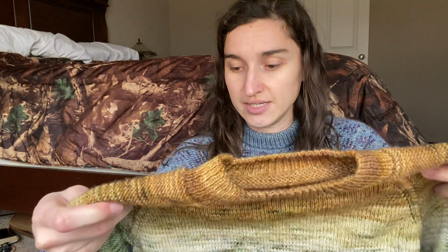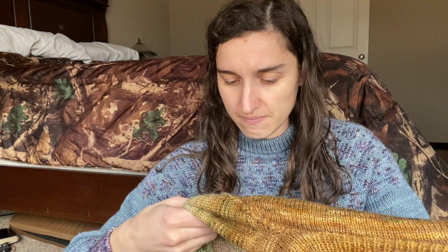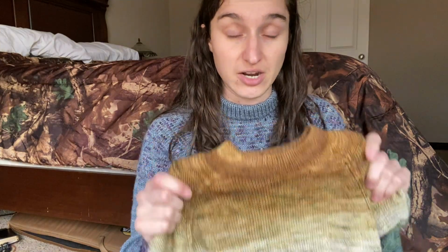My last finished object is a fairly big one. This is my Advent sweater that I have finished, and I still have a bajillion ends to weave in, so forgive that. But this is the Coffeehouse Fade sweater pattern by Sara Opie, S.knits, and it is knit out of the